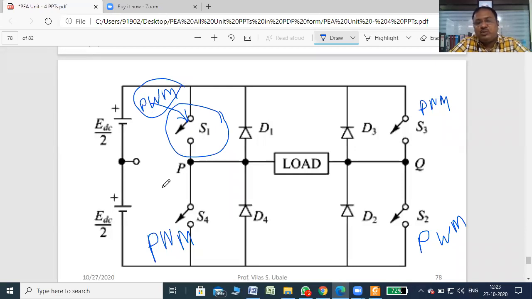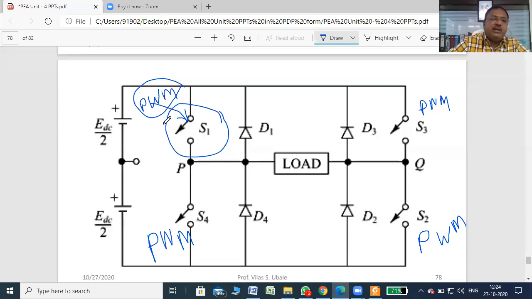Again, diodes D1, D2, D3, D4 are not used with a resistive load, but they are required with an inductive load, right? So what is the difference between a PWM inverter and a simple single phase full bridge inverter? The triggering circuit is different. In the single phase full bridge inverter, you can connect any ordinary triggering circuit, because you require only a variable frequency in that circuit. But if you require a variable voltage, then you should use the PWM technique, right?